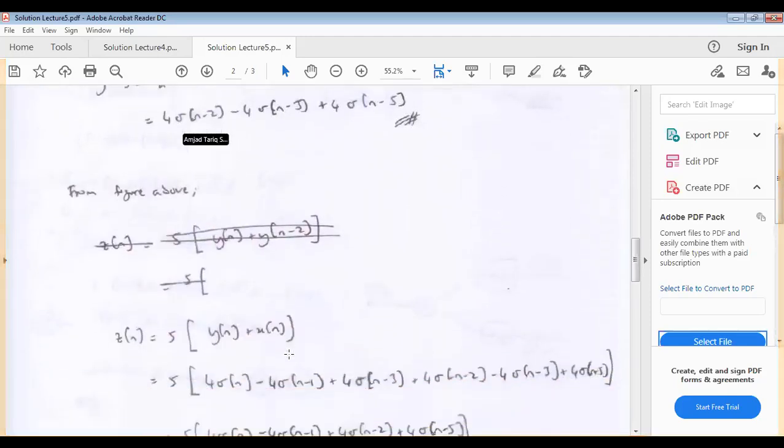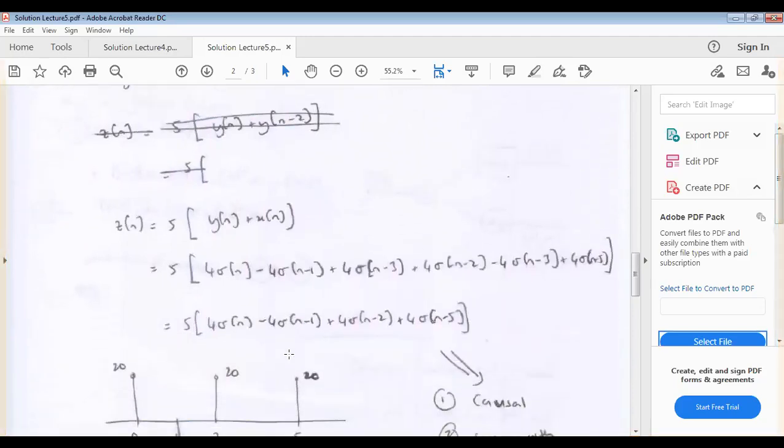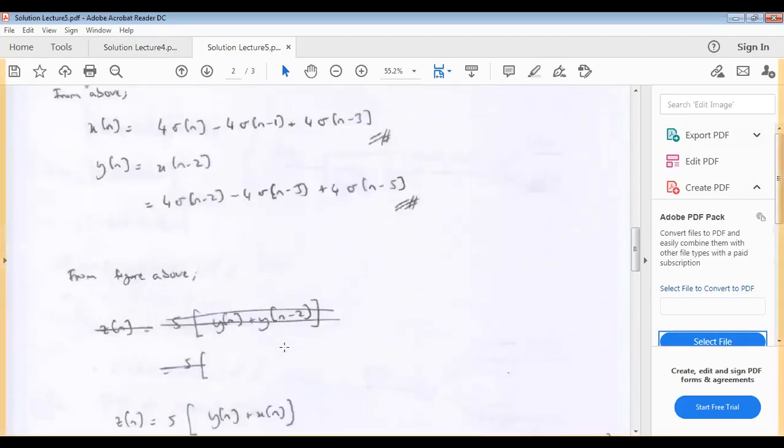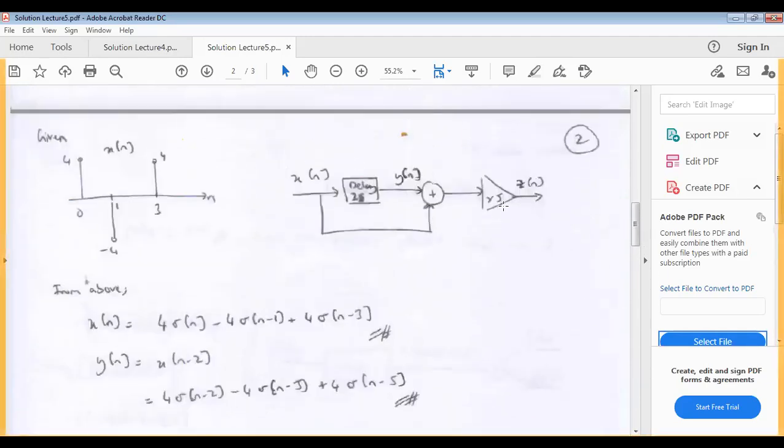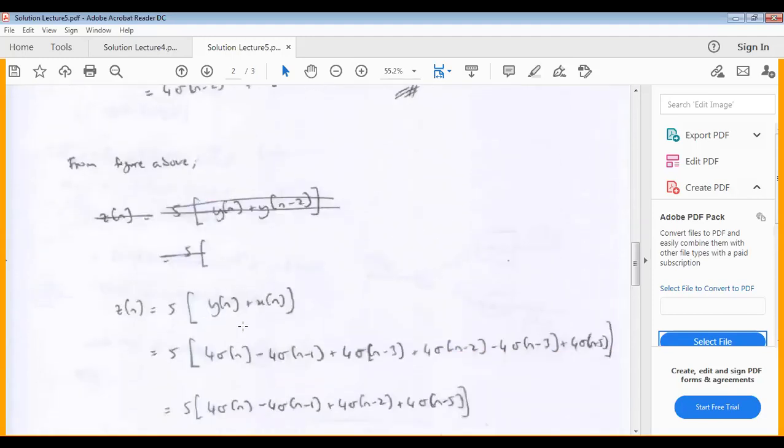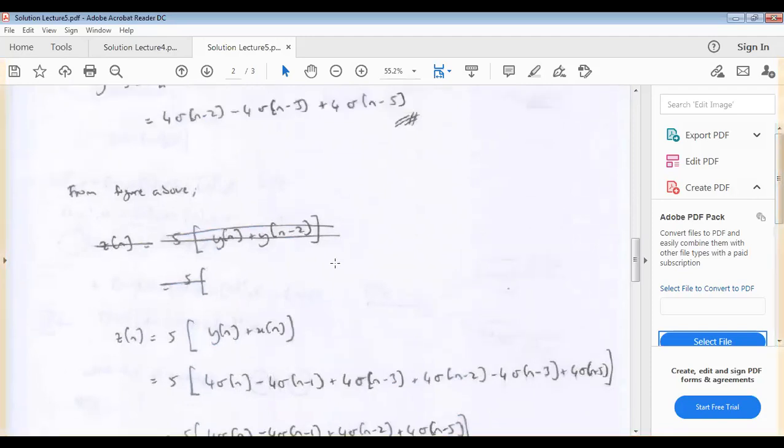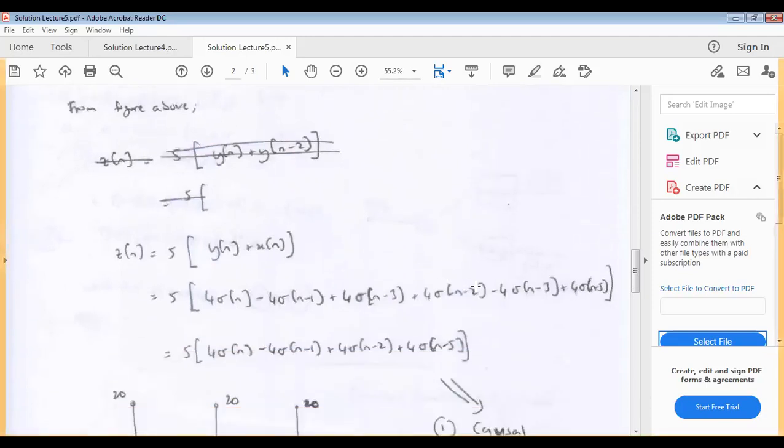For the solution, we need to find z[n] based on the question. From the figure just now, z[n] is the multiplication of 5, the amplifier, with the output of the adder, so z[n] is 5 multiplied by y[n] plus x[n]. Basically, the equation should look like this: 5 multiplied by y[n] and x[n], in which y[n] and x[n] have been obtained from the previous part. Please work out this summation. We are supposed to get